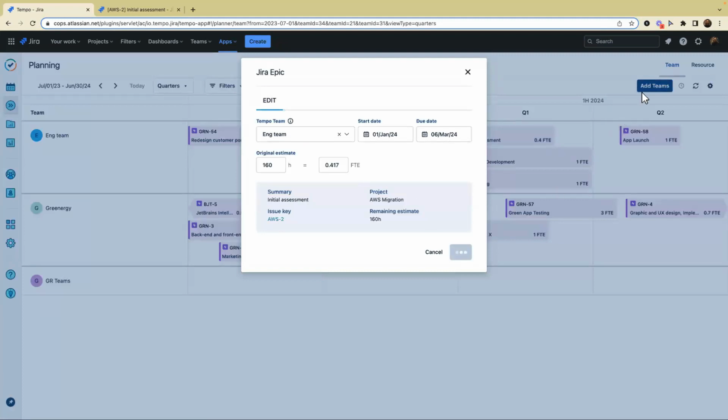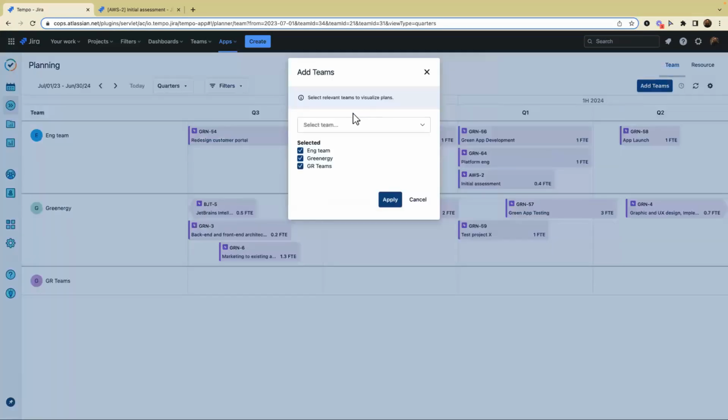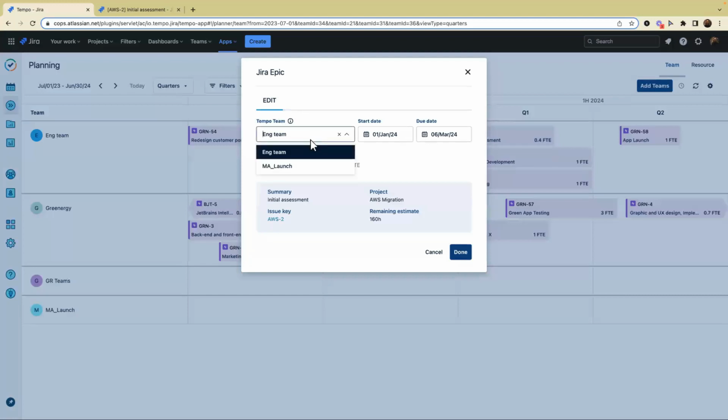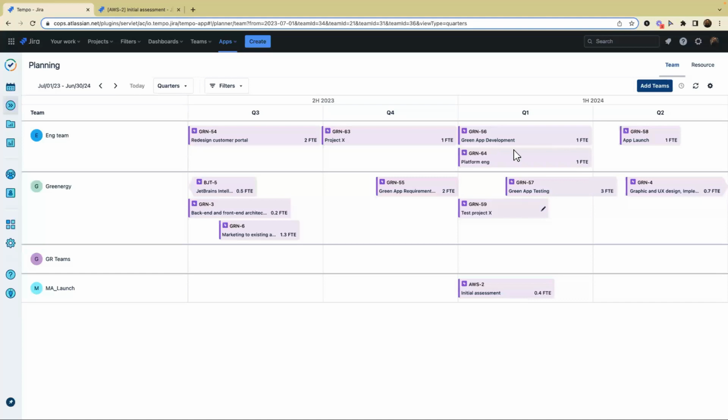So let me add this team here. I have this team that is a new team, and I want to assign this plan, instead of engineering, to this team, launch team. So you can also edit your team plans directly from here. This view is designed